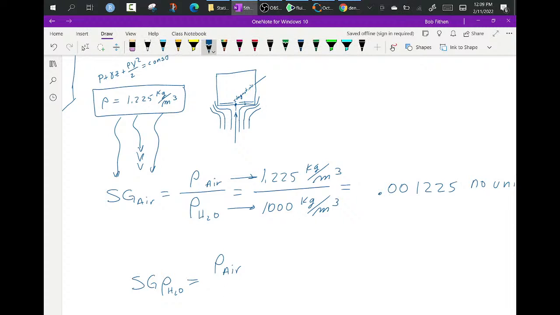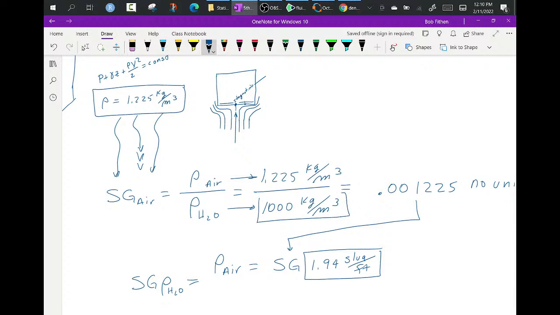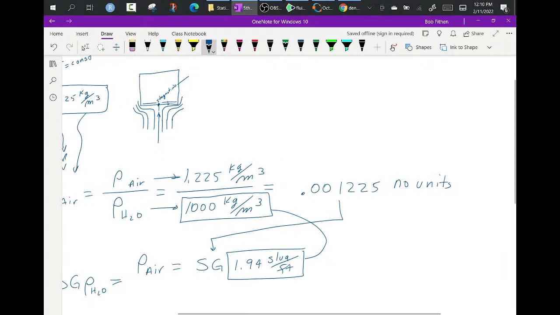That gives you specific gravity, which is this number, times now my new rho is 1.94 slugs per cubic foot. Why? Because this value and this value are exactly the same thing. And this value has no units. Therefore, I can just take it straight over, multiply it times that,